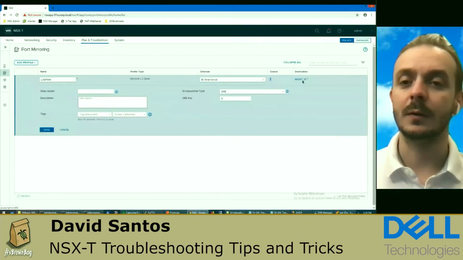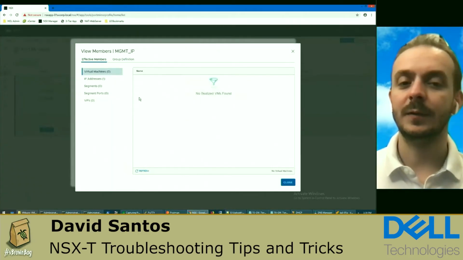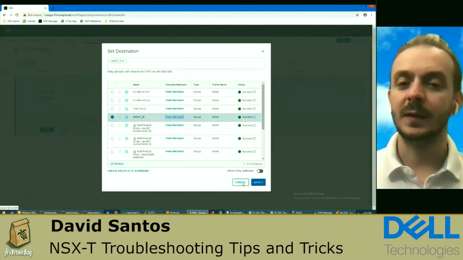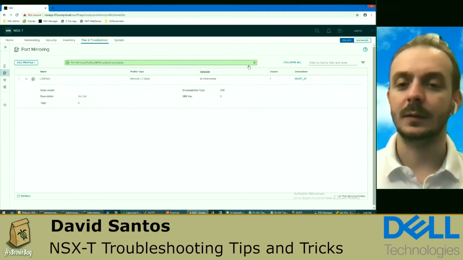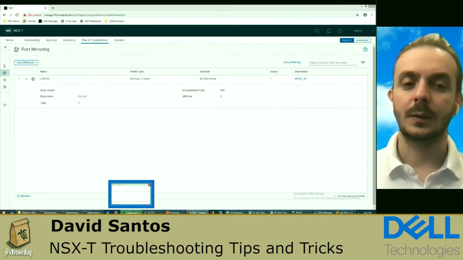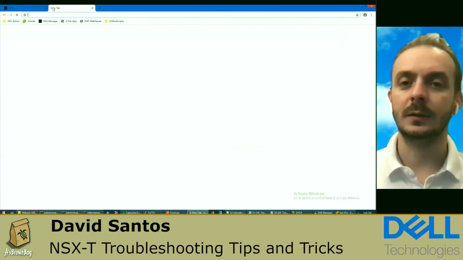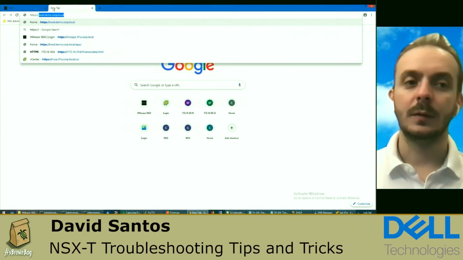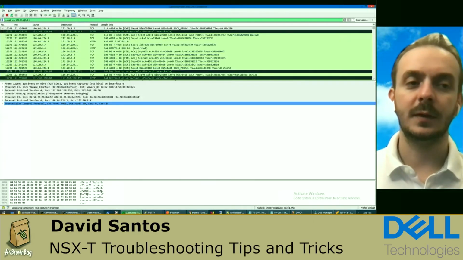In this case, we're gonna mirror a segment that's being used for a container, and we're gonna send that traffic to an external IP address using GRE. In this case, I'm sending that traffic to my desktop computer that has an external IP. Here I'm gonna start Wireshark and do a little filtering to get only the pod network, 172.26. I'm gonna generate some traffic,